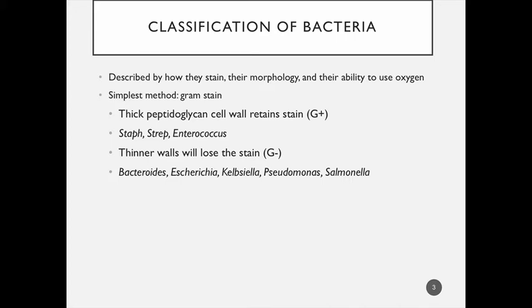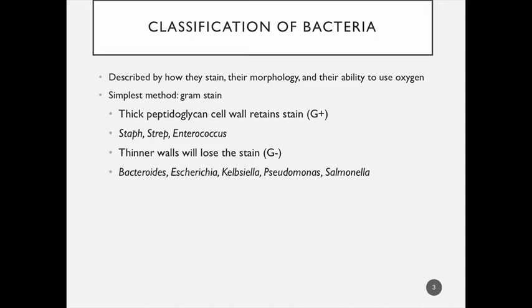The simplest method to identify bacteria is a gram stain, which relies on the thick peptidoglycan cell wall, which is unique to the bacteria. When you administer the stain, if the stain is retained, being picked up by the thick cell wall, then we say that was a gram-positive bacteria. Gram-positives are staph and strep and enterococcus. If the walls are thinner, they tend to lose the stain, and we call those gram-negatives, and